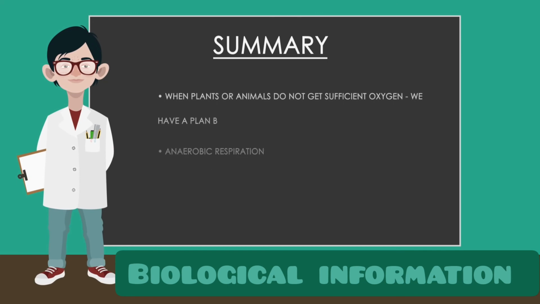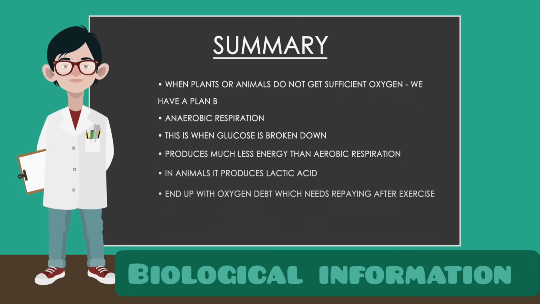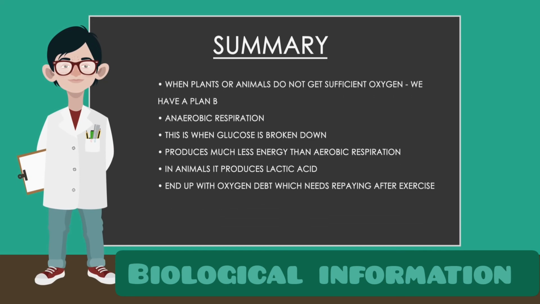So you should now know that when our heart and lungs cannot keep up with the oxygen demand, or plants do not have access to sufficient oxygen, we have a B plan: anaerobic respiration. This is when the glucose is broken down directly, but it produces much less energy than aerobic respiration, which is why it's the second choice. And in animals it produces lactic acid as a byproduct, which causes muscle cramps, and so we end up